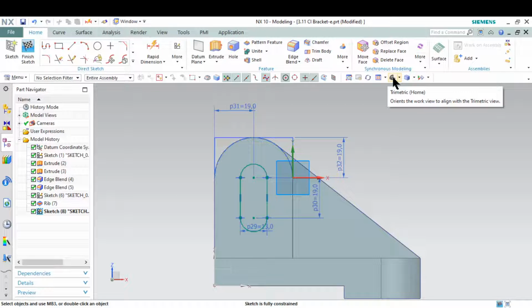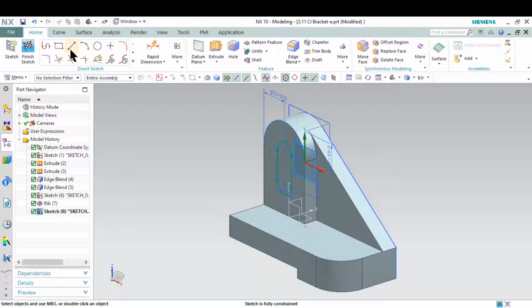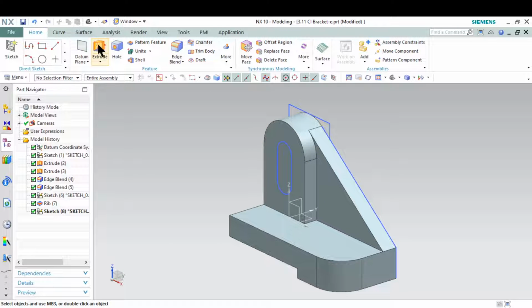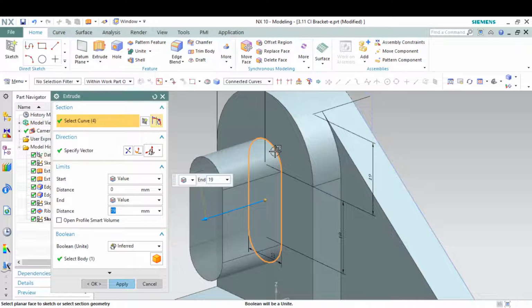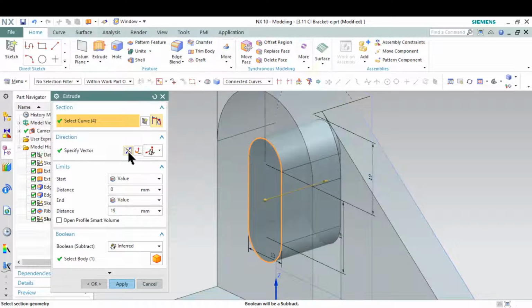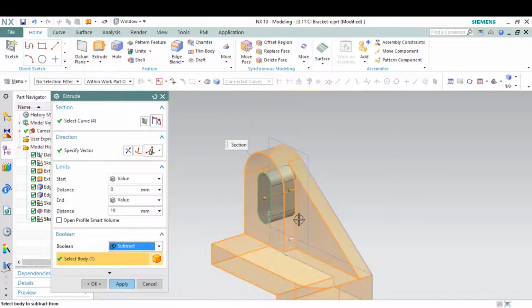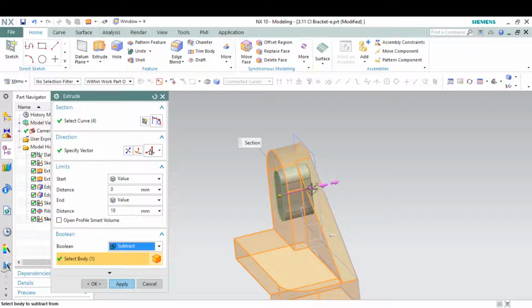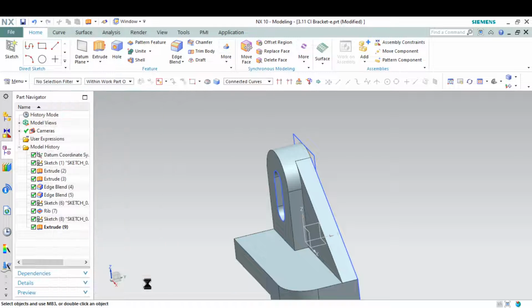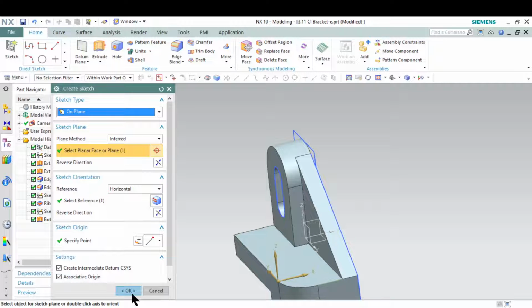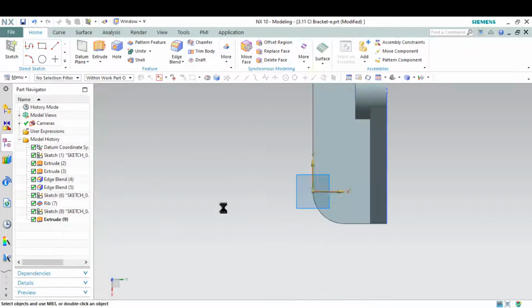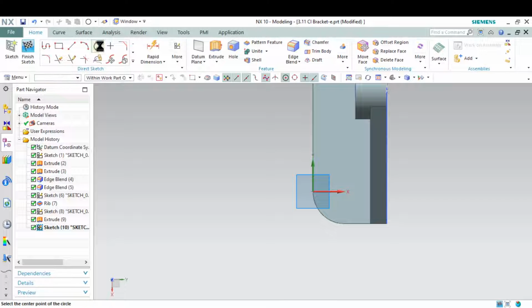I will go to the trimetric view and then finish sketch, and then going to the extrude this direction, and then I choose the subtract. Okay, apply, and then cancel. After that, I'm going to sketch on here, and then okay. After that, click this,